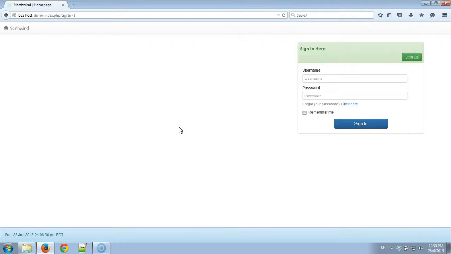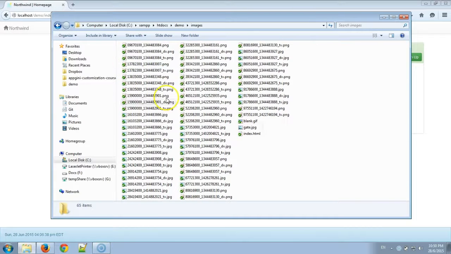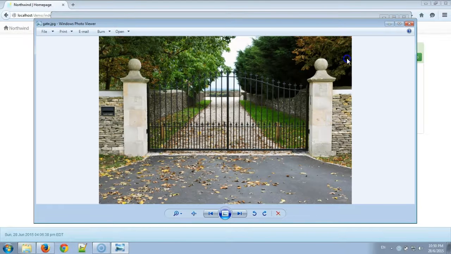In this lesson, we'll learn how to customize the login page. The first change we want to make is add some nice background image. We've already prepared an image and placed it in the images folder inside our demo application folder. To set this image as the background of the login page,